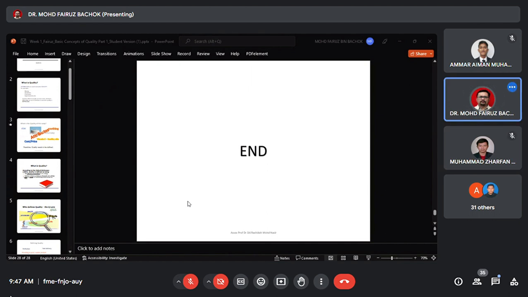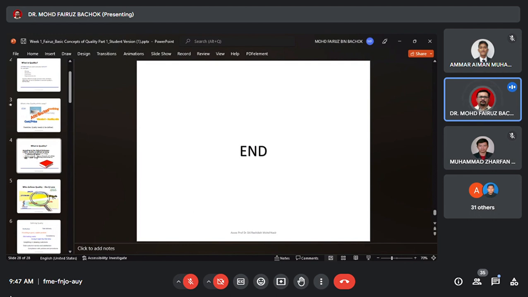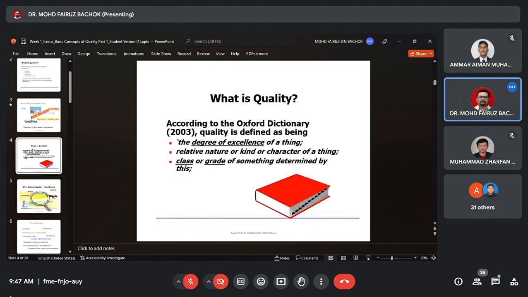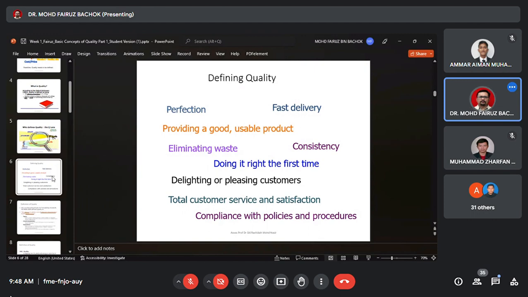For the conclusion, first thing, all of you should know the definition of quality itself. Then how we are going to classify the quality of any product or service. We need the criteria. We should know the standard. And we should know the requirement. All of this will define the quality of any product or service. But the most important is customer satisfaction. We have to put it as our priority if we develop a product. This is our main priority.